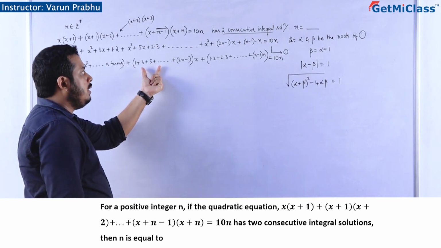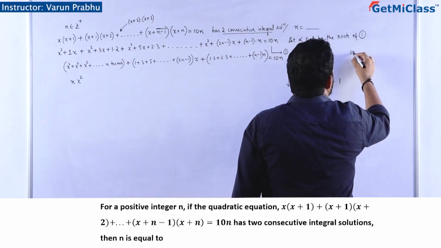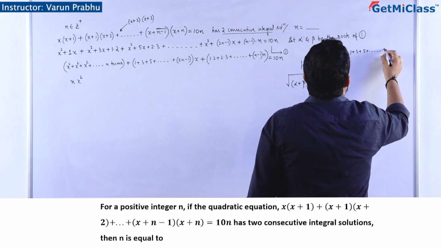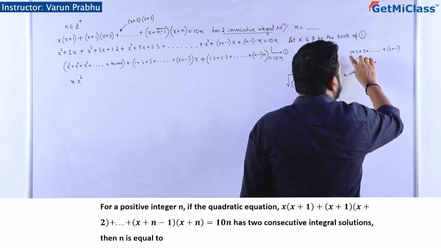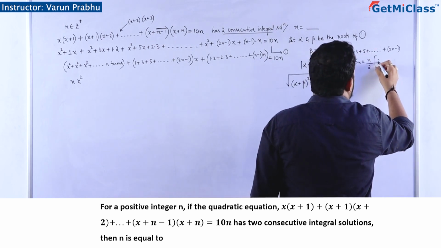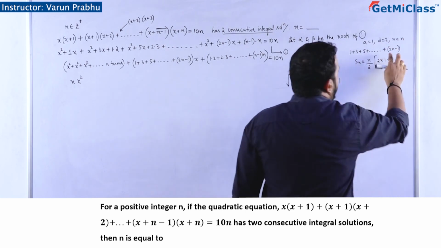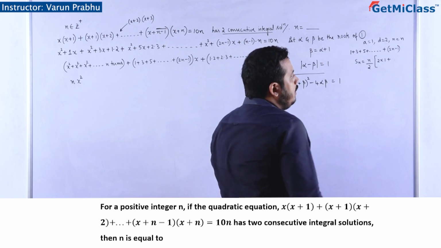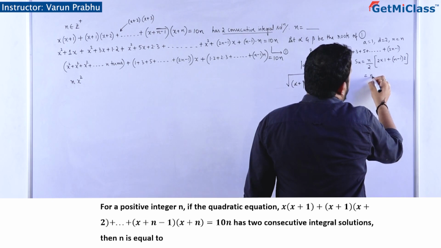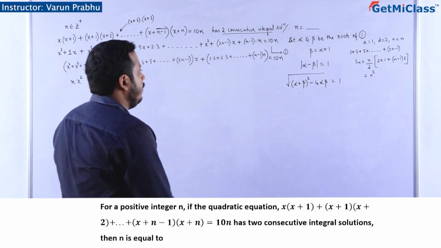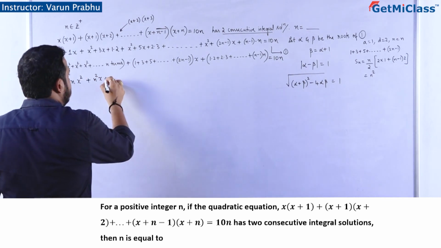Now the sum of odd terms of this is in arithmetic progression. We'll look at this: 1 plus 3 plus 5 plus so on up to 2n minus 1. You can see Sn is equal to n by 2, 2 into 1 plus n minus 1 times 2. Here a value is 1, d value is 2, and the number of terms is n only, not 2n minus 1. Odd terms, n terms are there. So what is the answer that we get? It is equal to n square, correct or not? N square into x plus